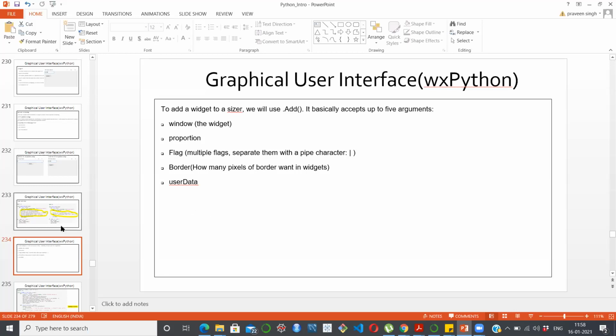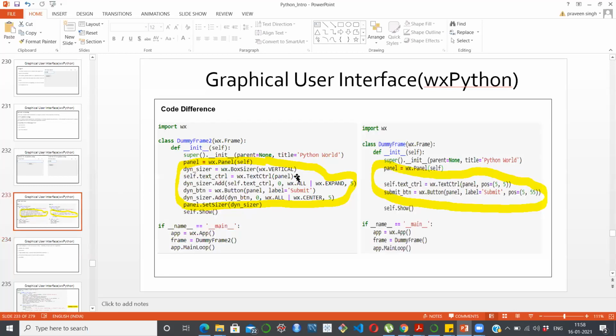Then we will have this entire thing in our hands, and I will try to explain it as well as I can.